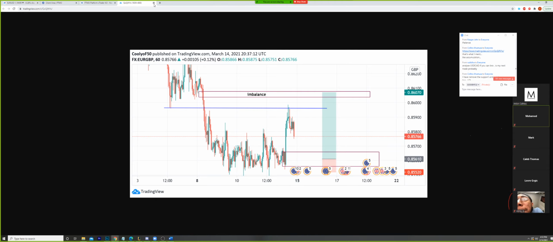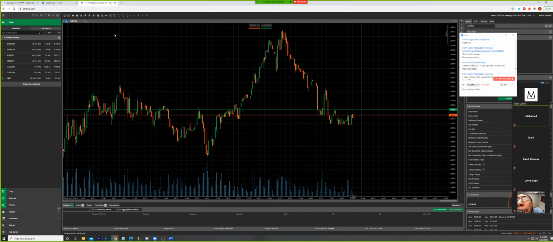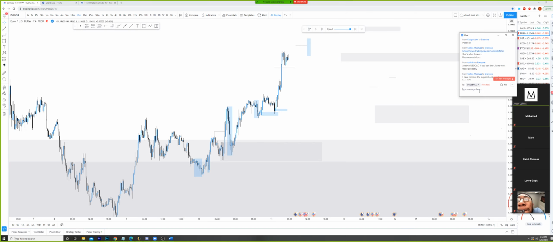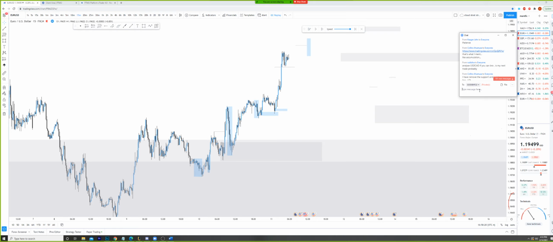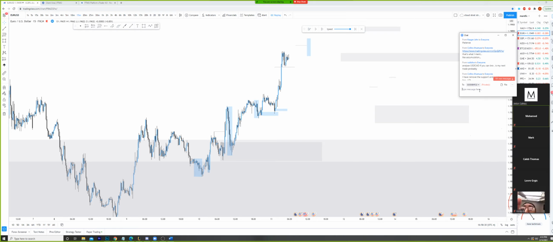And again, I'm not a robot. I don't know the guarantee of any setup that you guys post working, but I do know, based on my own ways of refining and what I've seen in the past, the probability of something working, right? And the probability of something working under my ways of trading is a lot higher than it not working, right? And even if it isn't, I know that the RR that I get out of all the trades I do is going to definitely compensate overall for the losses that are incurred, right?